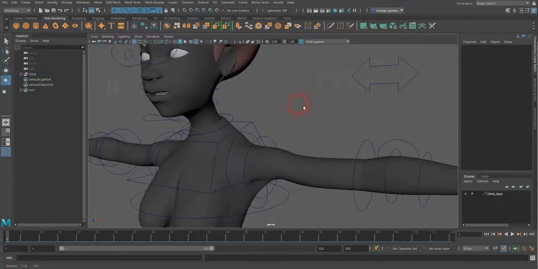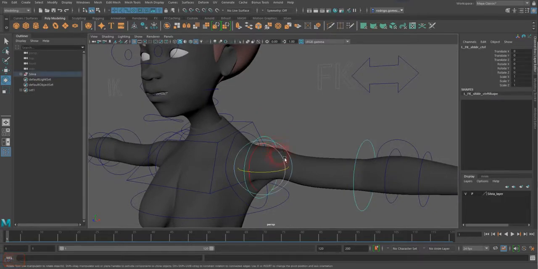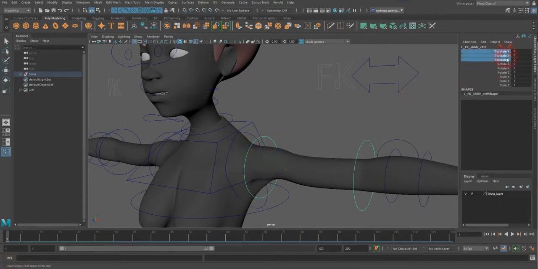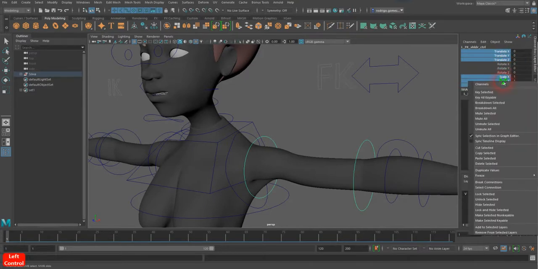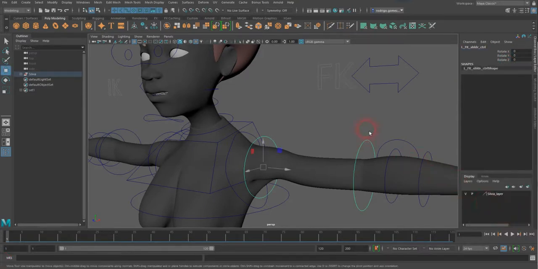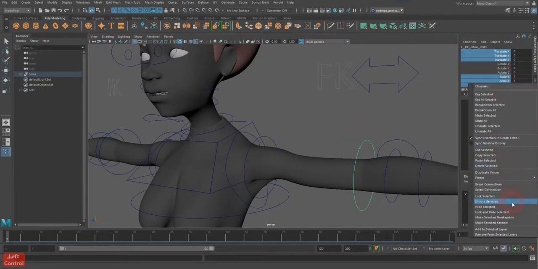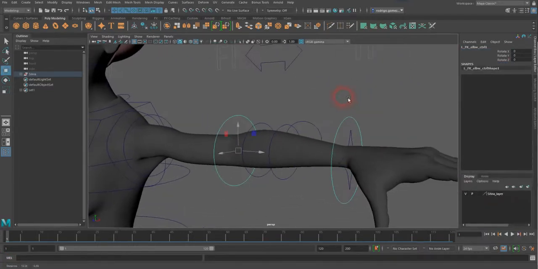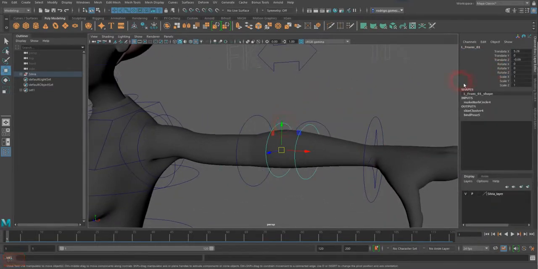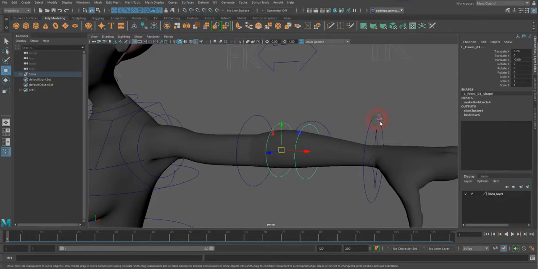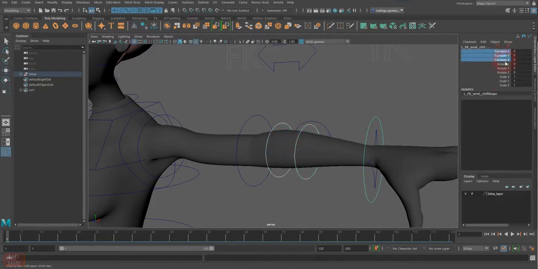Other things that I need to lock and hide are, for example, the translate of these controllers. I don't want those. This one I do want to have translate because it will need to give me the shoulder, but this one I need to lock and hide the translate and the scale of it. So lock and hide that one. Same for the elbow. Same for these guys. I want to make sure that I'm going to select them all. Of course, I can select them on both at once, and then just go and lock and hide